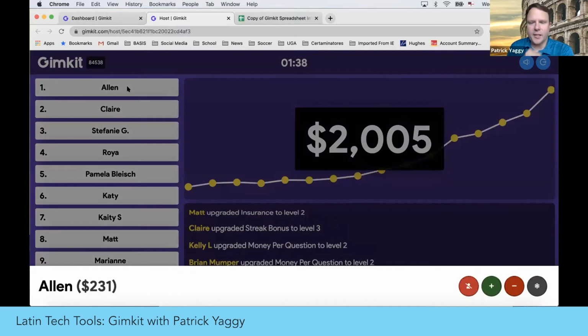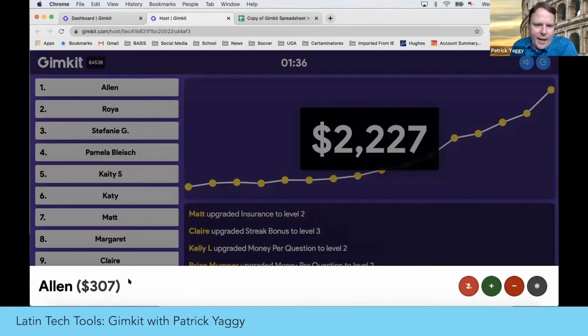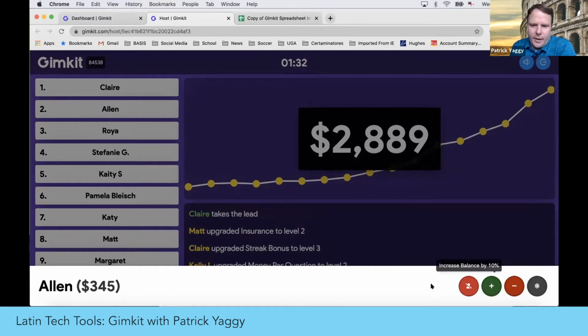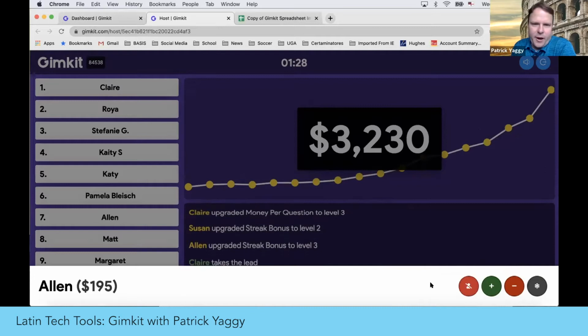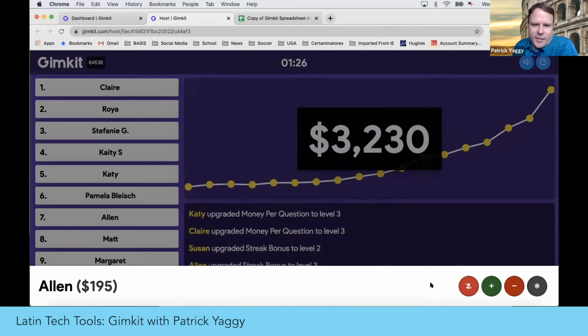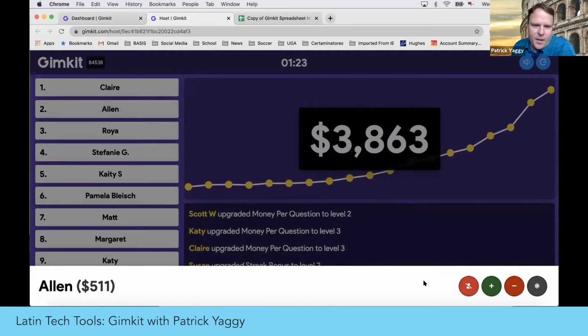The other thing I want to show you is that when you click on someone's name, and I've got Alan here, who's got 307, there are 4 buttons over here. I've used Gimkit for a while, and I didn't actually realize that these were there until I really started taking a look at this at the beginning of the summer for the presentation. But the first one is just to remove the